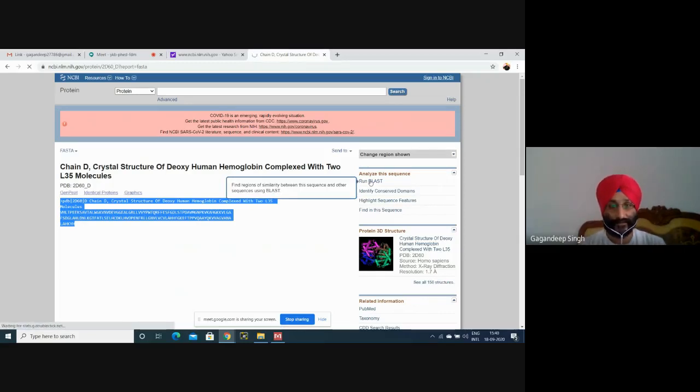Run BLAST. As this is a protein sequence, which BLAST we will prefer? Yeah, I'm asking. BLAST P. Yes, BLAST P. Okay. We can copy sequence and open window BLAST. We can easily use BLAST. Also, we can run BLAST from NCBI because BLAST is inbuilt in this NCBI as well. Okay.